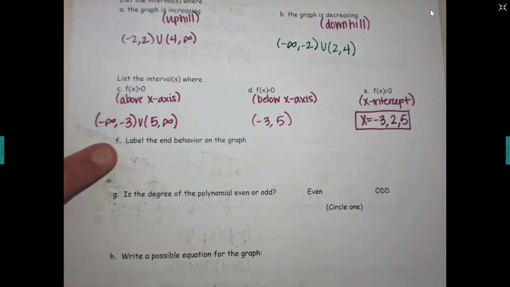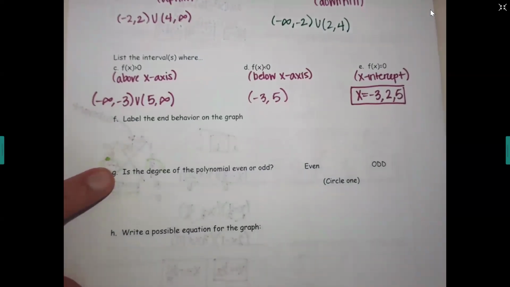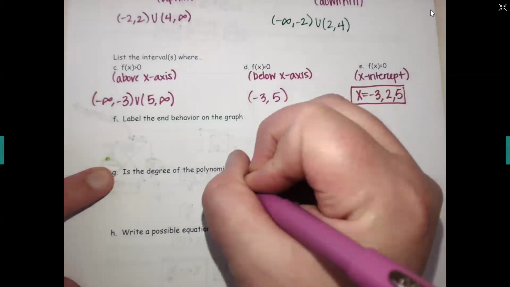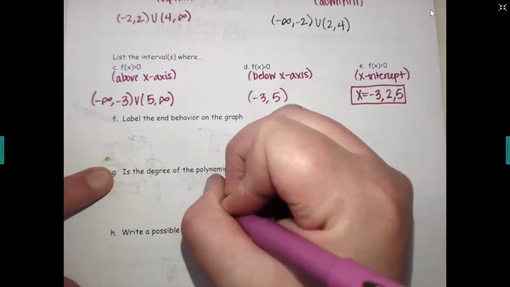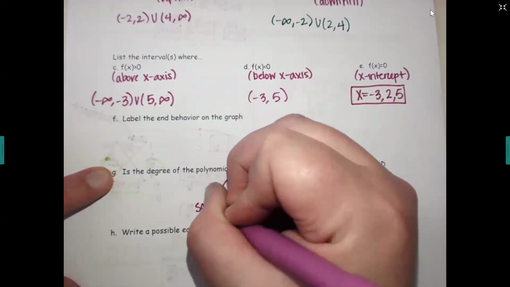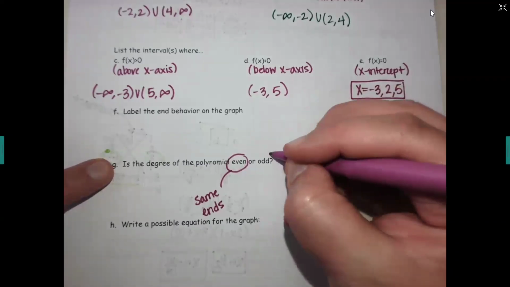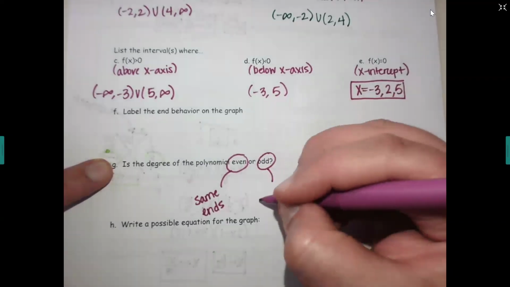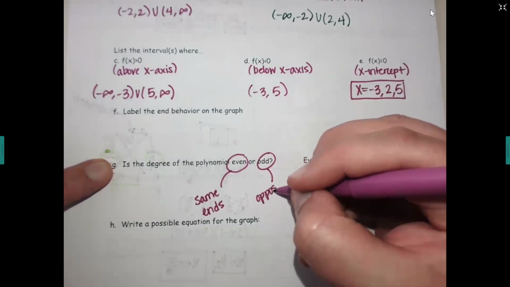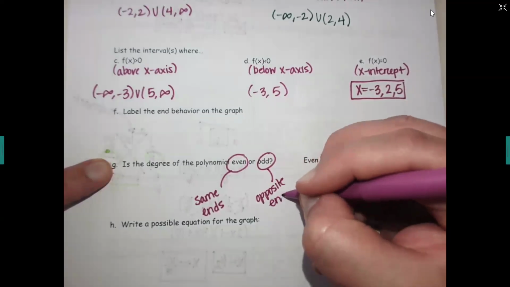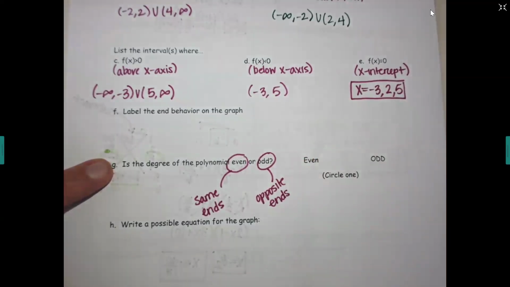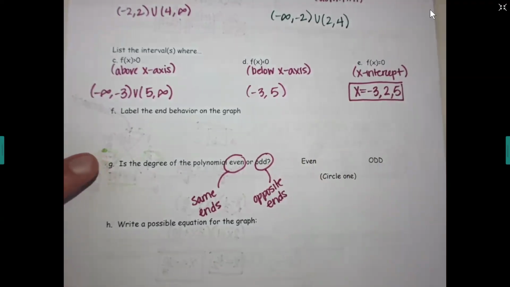All right, we're going to come back to F. Let's go to the next question. Even or odd. Remember, even means the same ends, like both up or both down. Odd means opposite ends. So when you're looking at the ends of this graph, are they both the same way or opposite? They're both up, then this is,